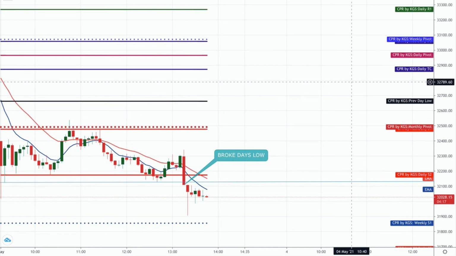So as I planned before, the huge red candle has broken the first candle low support, and the candles have been taking support on that blue color line which I have drawn, that is the low of the first candle of the day. So it has broken, and I have taken the entry, and my target was hit.